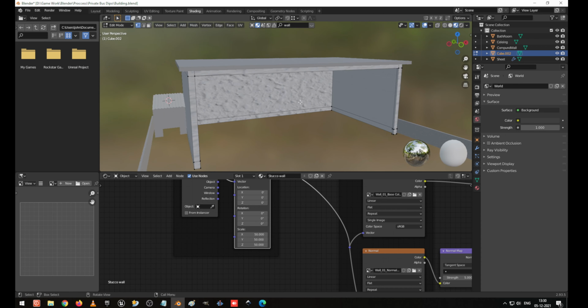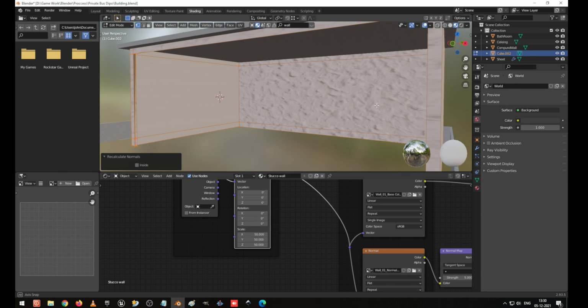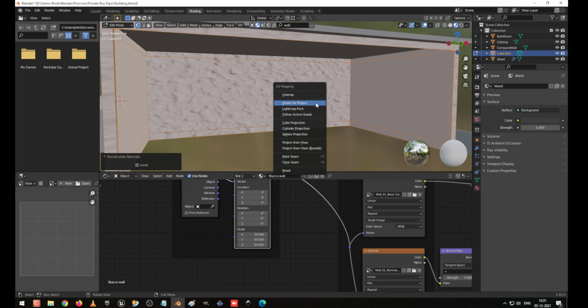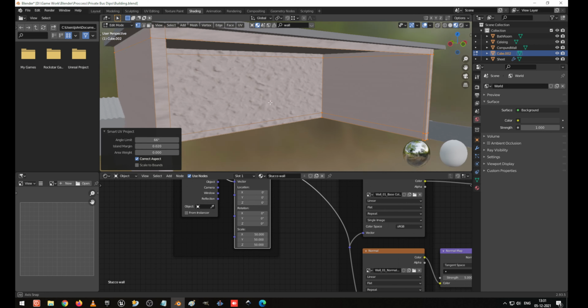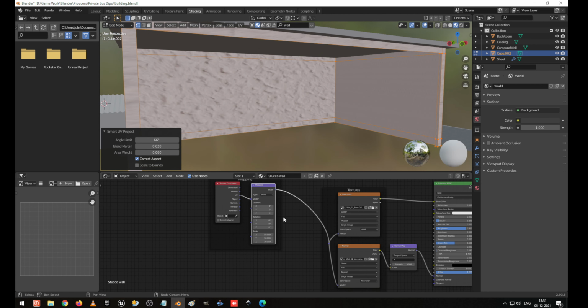So what we have to do is select everything, press Ctrl Shift N, and you can go for the outside recalculate. Now U, Smart UV unwrap, but still we are facing some issues.